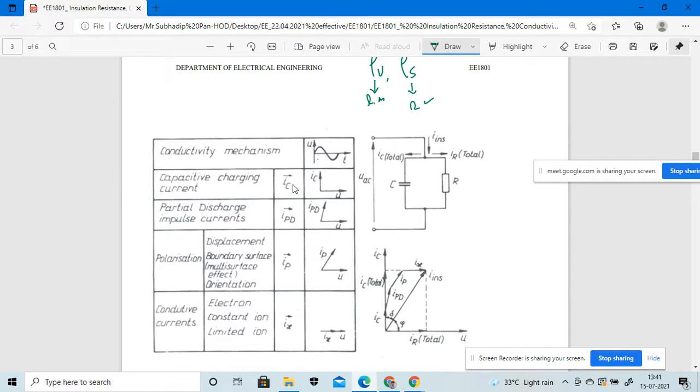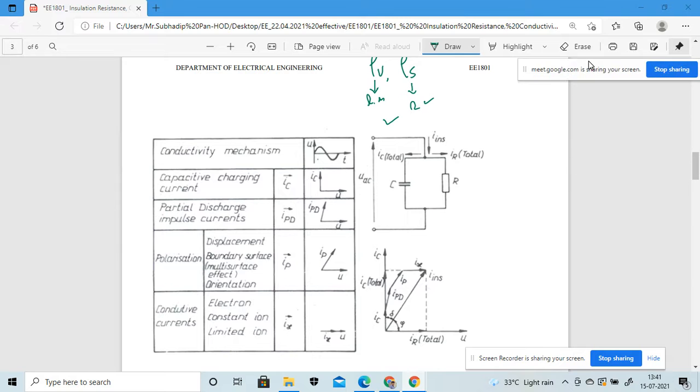So the equivalent circuit is this. If I redraw the equivalent circuit, I will draw it like this. Same equivalent circuit: we are putting the capacitance over here, and parallel to it we are considering my R of DC, right? And this will be my U of DC, plus minus. Okay, so the current that will flow will be your I of ins,